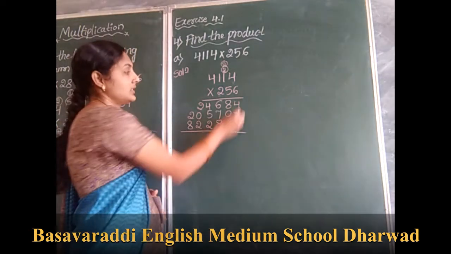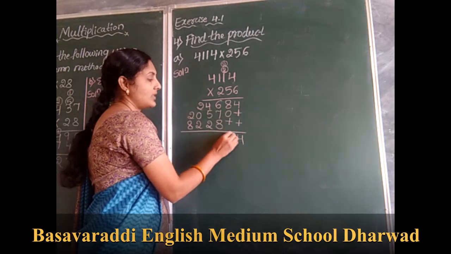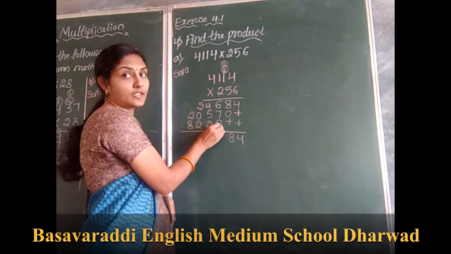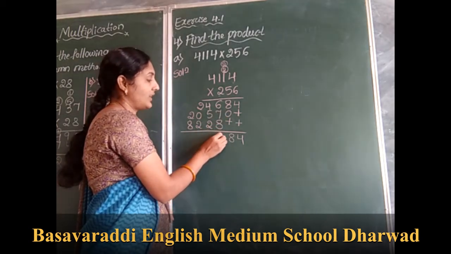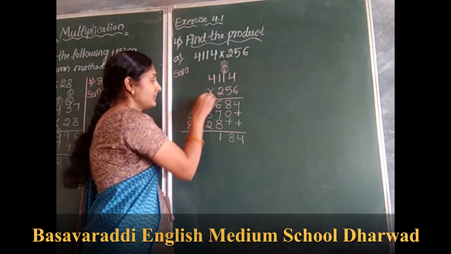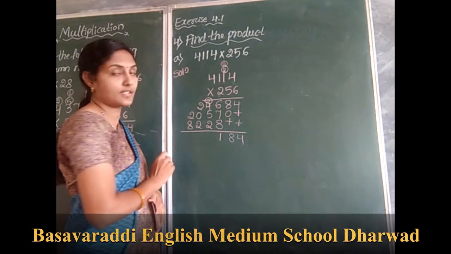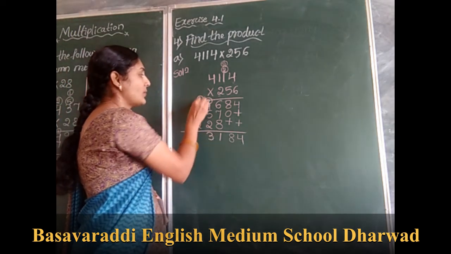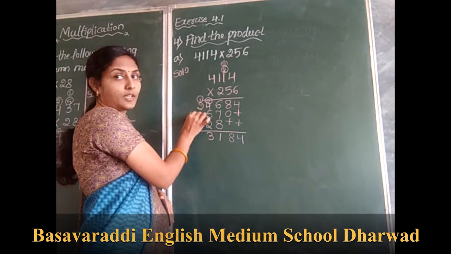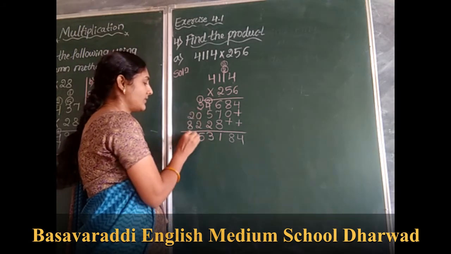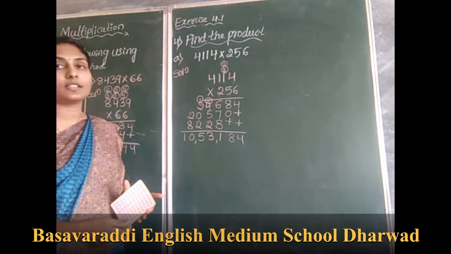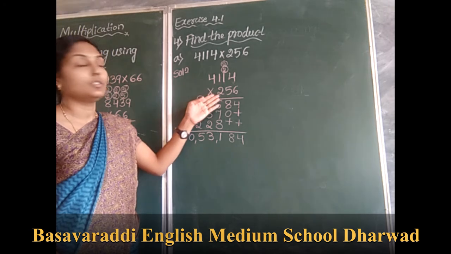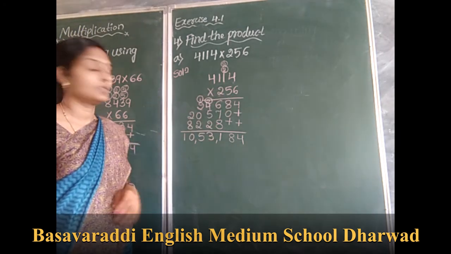Let's add all the addends here. The 4. 8 plus 0 is 8. So 6 plus 7 is 13. So one more digit there. The 13 plus 8 is 21. Next, 2 plus 4 is 6. 6 plus 5 is 11. 11 plus 2 is 13. Very good, 13. So 1 plus 2 is 3. So 3 plus 0 is 3. 3 plus 2 is 5. So 2 plus 8 is 10. What is the product here? That is 10,53,184. This is the product of 4,114 into 256. What is the product there? That is 10 lakh